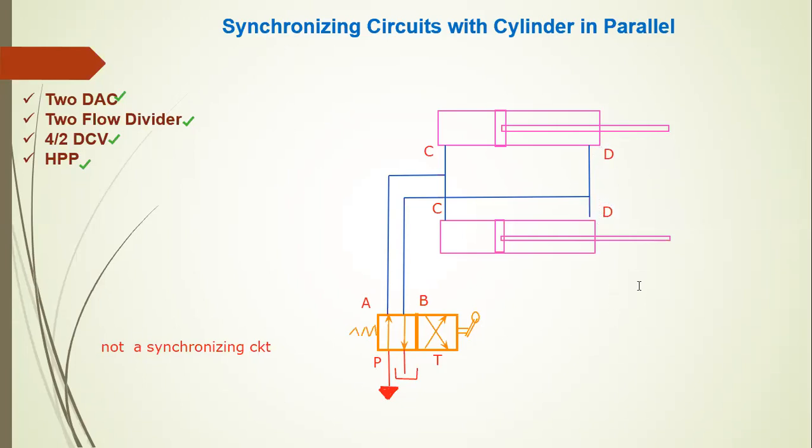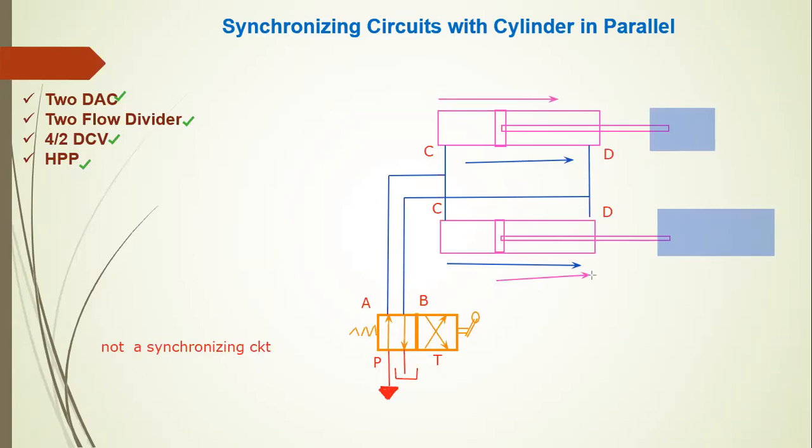That means both connections are connected to a hydraulic cylinder directly through a direction controller, but the actuation in these cylinders does not work in parallel for both cylinders because the load at each position is not the same. Cylinder 2 has a heavy load and cylinder 1 has a lower load. So the first cylinder actuates fast. This cylinder actuates first and then the second actuates. So it is not called a synchronizing circuit.